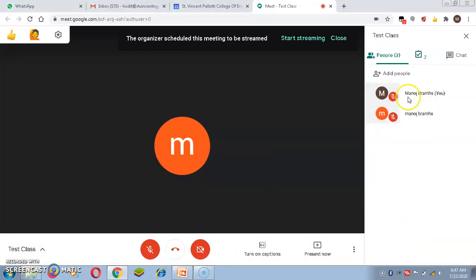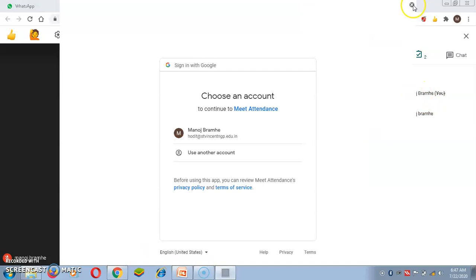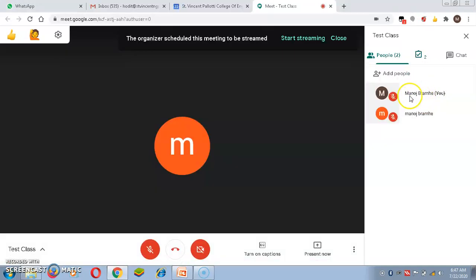I am the moderator, the host who has set the meeting, and this is my official college mail ID, and this I have joined with a different mail ID. Since it is the same person, you are getting the same name. But if there are different persons, you will get different names here.